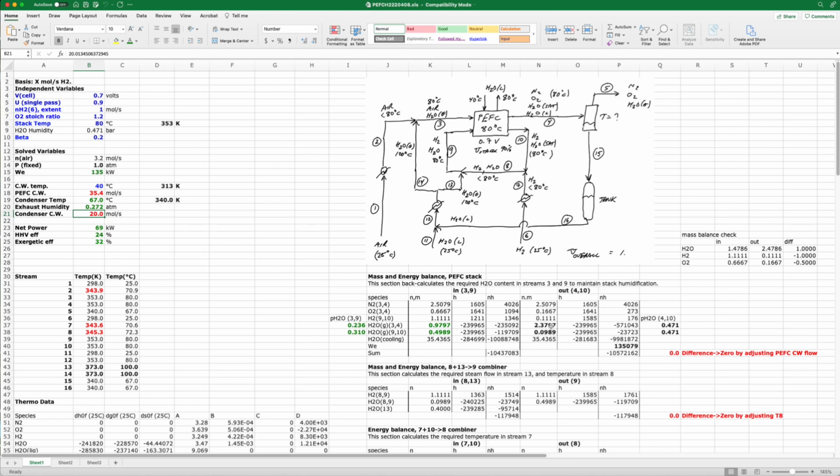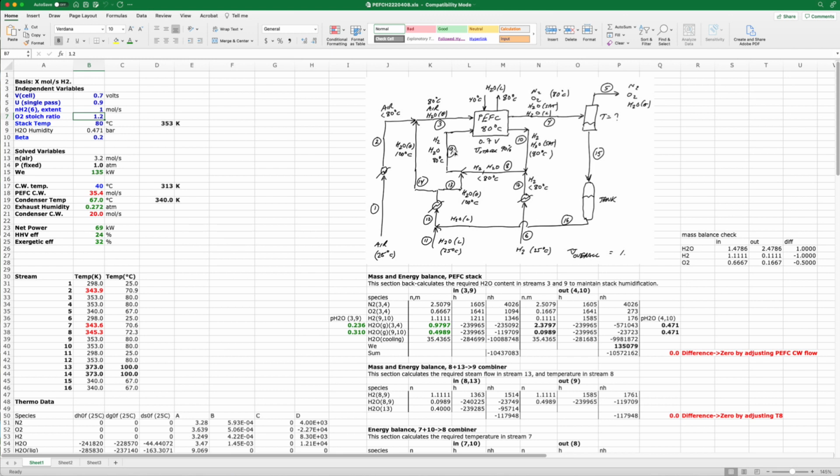And so that's what we have down here. Basically, what we're doing is taking the extent of reaction, which is the amount of hydrogen we're consuming. Because of the utilization, we know how much hydrogen is going into the stack. We also know the air stoichiometry ratio, so we know how much air is entering the stack. And so we can do a material balance on the oxygen, the nitrogen, and the hydrogen for streams 3, 4,